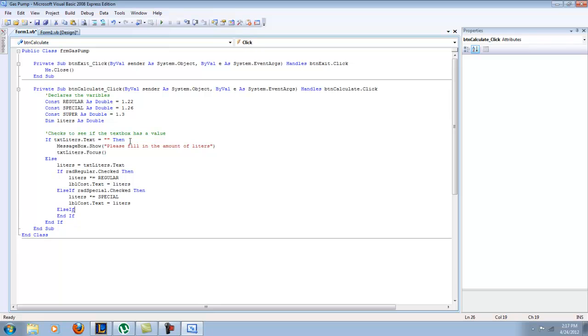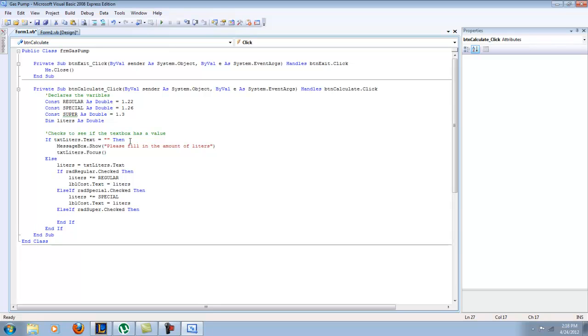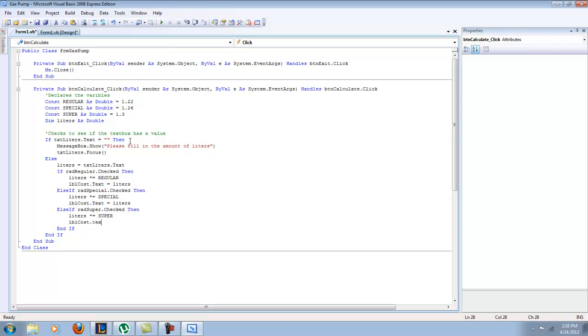Two-part tutorial because I don't know how much time I have left, but else if. And then we want rad super dot checked. Then we want to do the exact same thing as we're doing, so liters times equals super, and then lbl cost dot text equals liters. So that's all we want for that